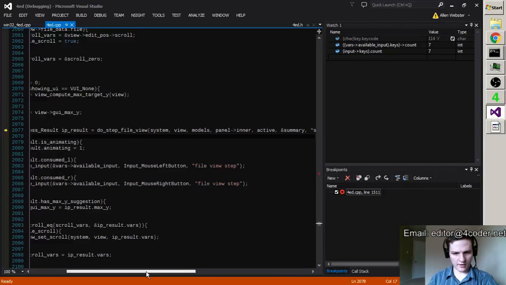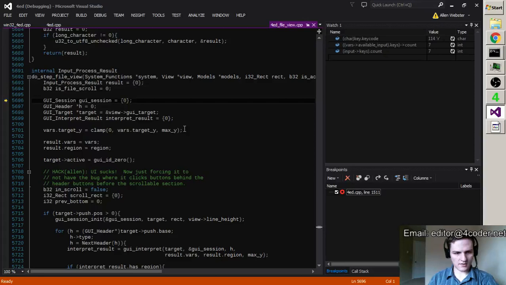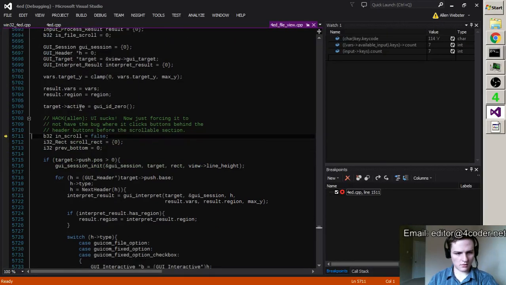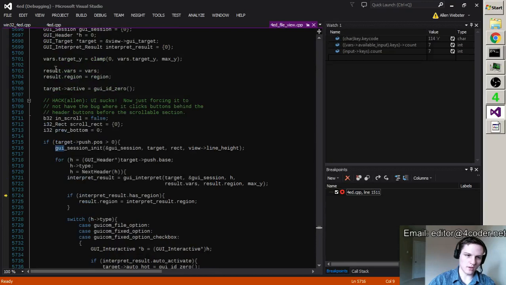Do step file view. What happens in here? This is for the inactive one, so I wouldn't expect anything interesting to happen. GUI nonsense. Oh gosh, I gotta clear this stuff out. I'm gonna leave it for the 4.0.x build because of stability and all that, but it's gonna be gone in the new engine. Every single portion of this code base that starts with the letters GUI is all messed up.